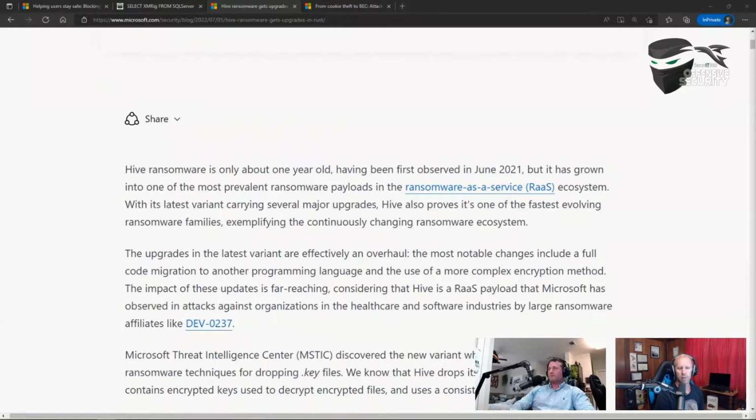It's also a little bit more difficult to reverse engineer Rust malware than something like C# or Golang. And one of the other reasons is we see the shift from, it started with PowerShell, and that was abused, and then C#, and then it was